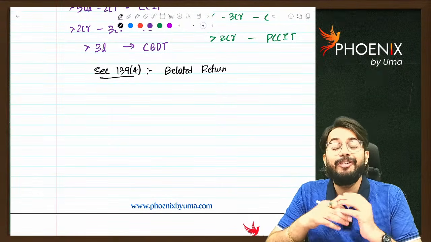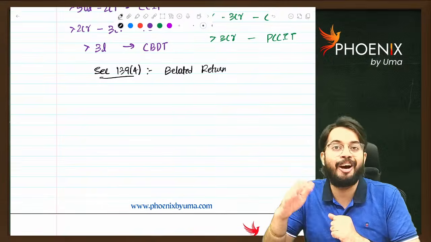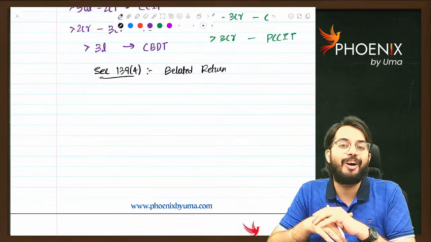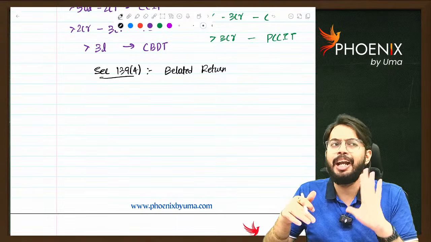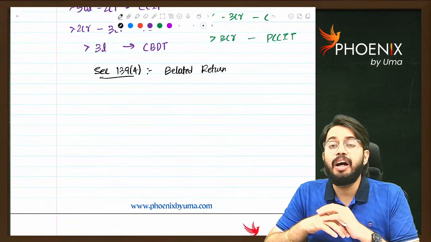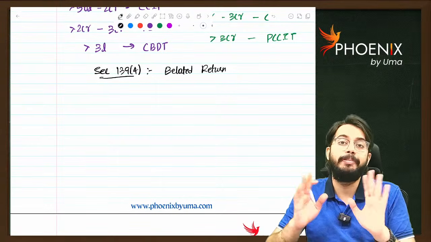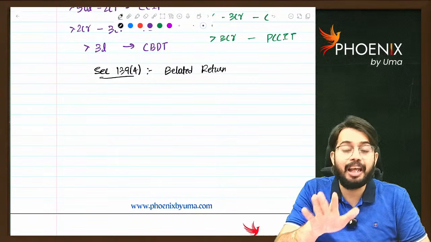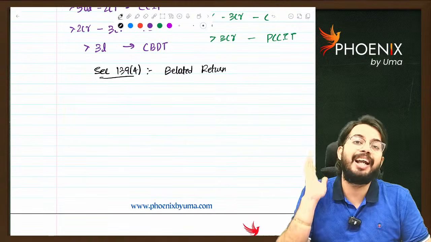If you do not file ITR within the due date, if you are filing ITR lately after the due date, then that return we call as belated return. Are you able to understand? Sir, we can file ITR lately, but can we file ITR of 2004-5 now? Not possible. Even to file ITR lately, there are time limits. Within those time limits only, you can file ITR lately.